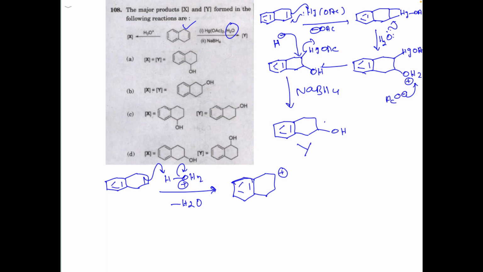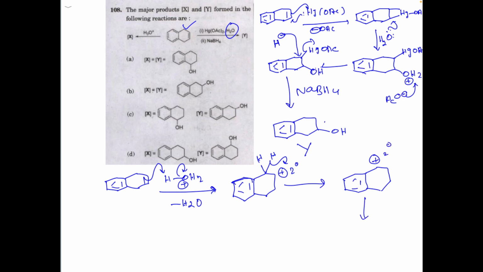Now we have a possibility to change the carbocation into the stable carbocation. This is a secondary carbocation. We have alpha hydrogens here. This 1,2 migration will take place to give the corresponding benzylic carbocation, which is more stable than this